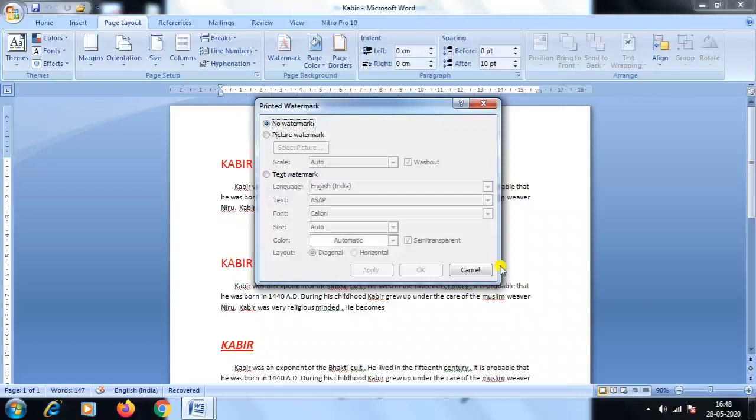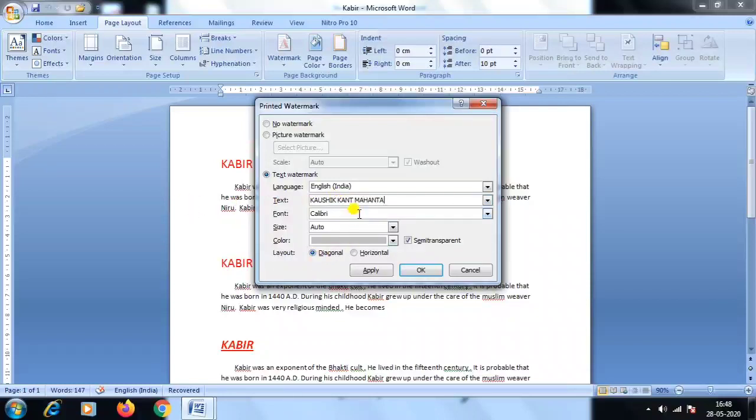Suppose first we want to apply a text watermark in our document, then you select Text, then type your text. Suppose I will type my name here.